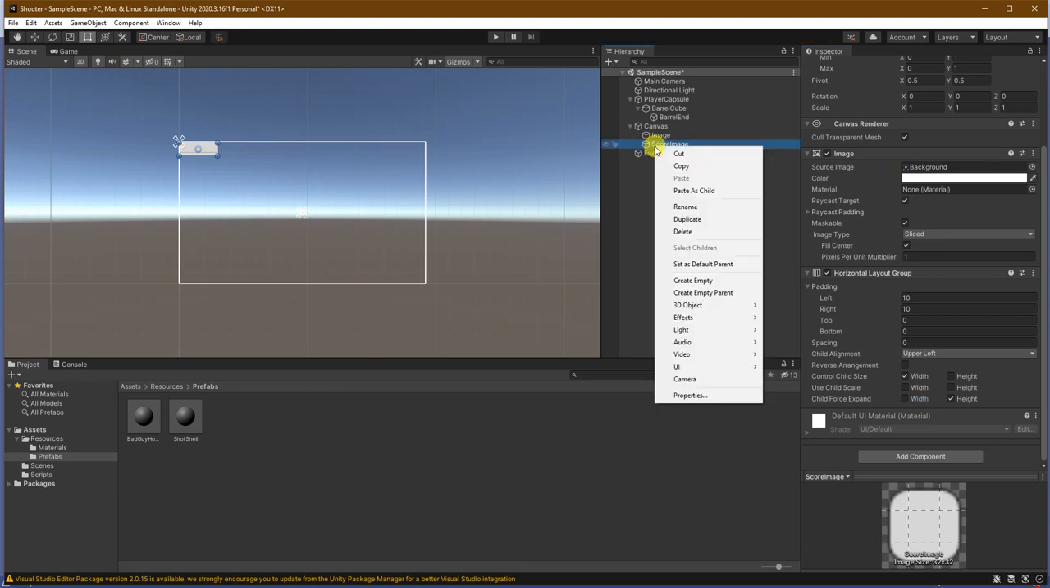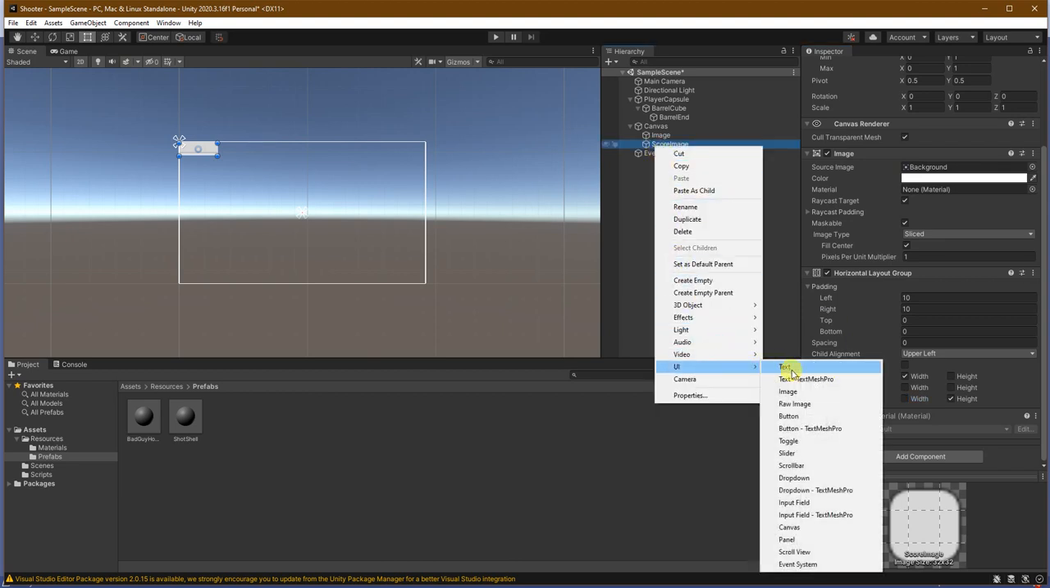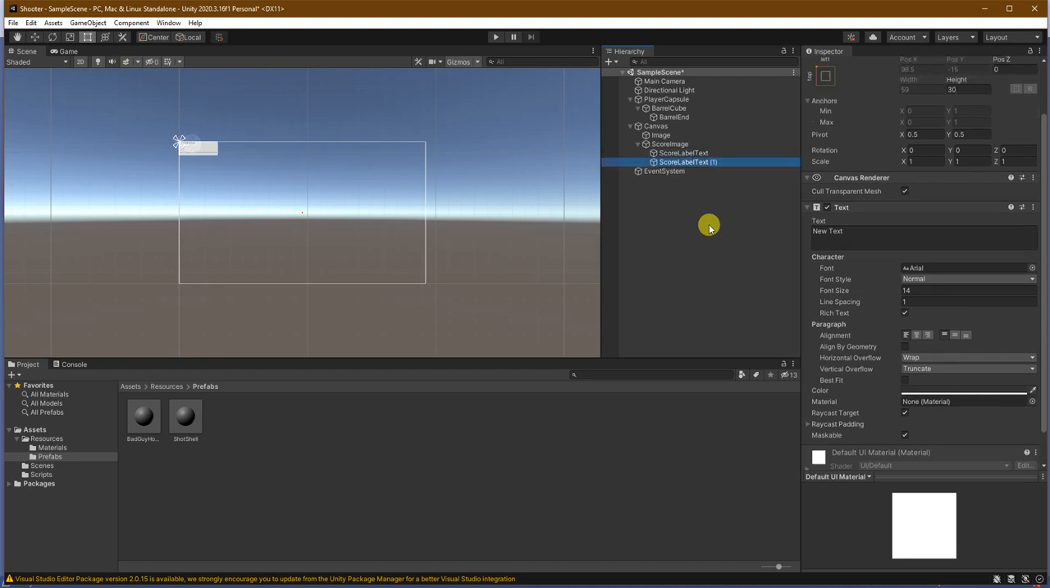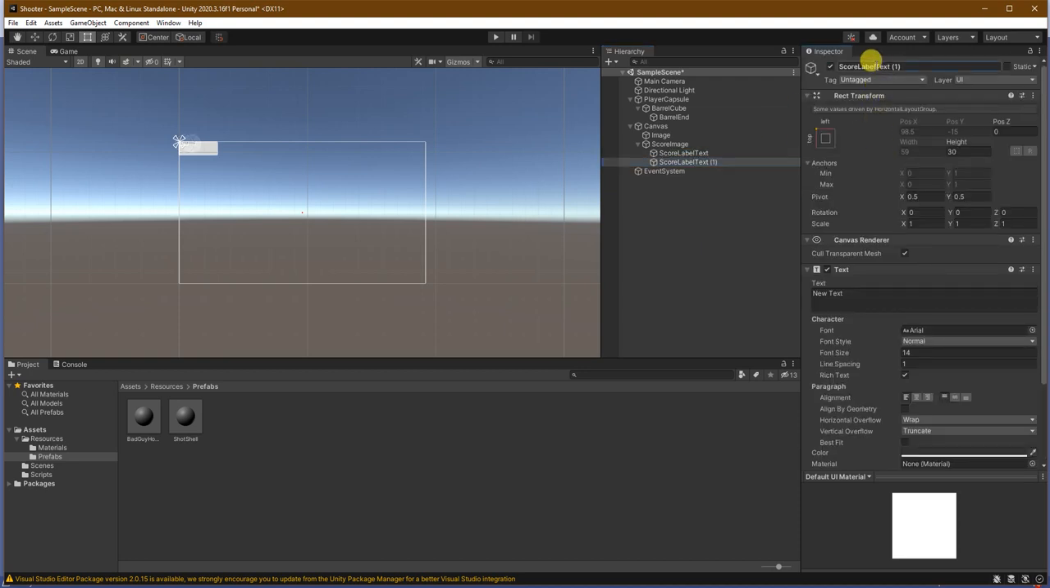Then I want to right click on score image, and I want to go to UI text, and this one I will name the score label text. So score label text, I'll press Ctrl and D to duplicate it, and I will name this one the score text. The score text will have the text of 0, and the score label text will have the text of score: